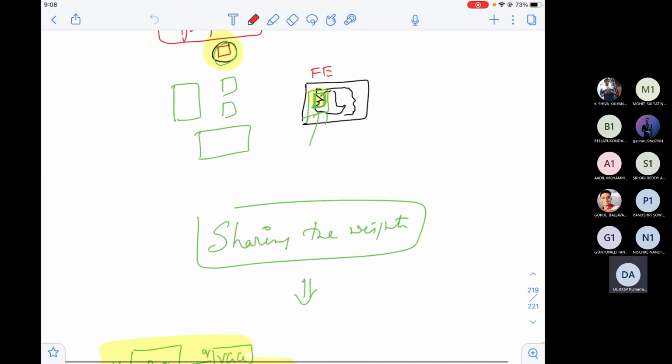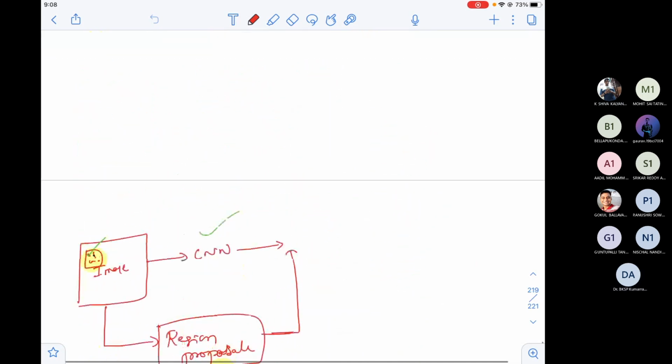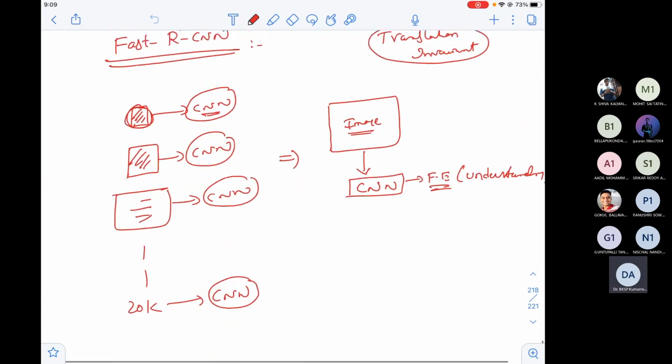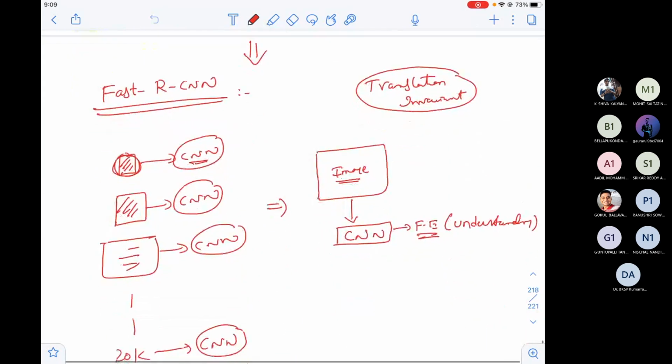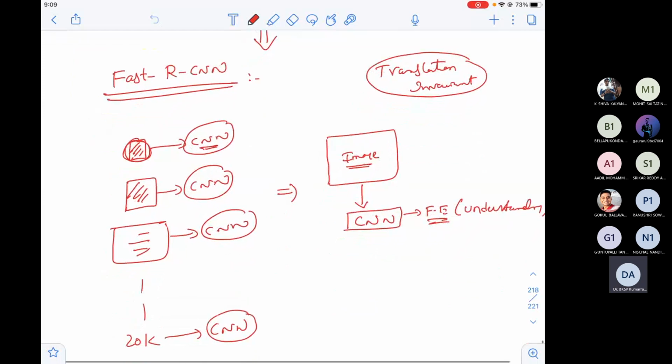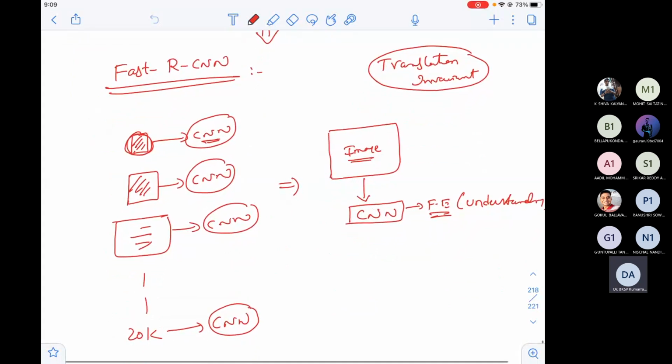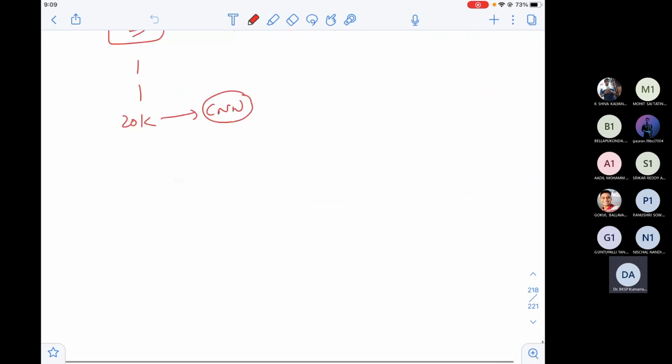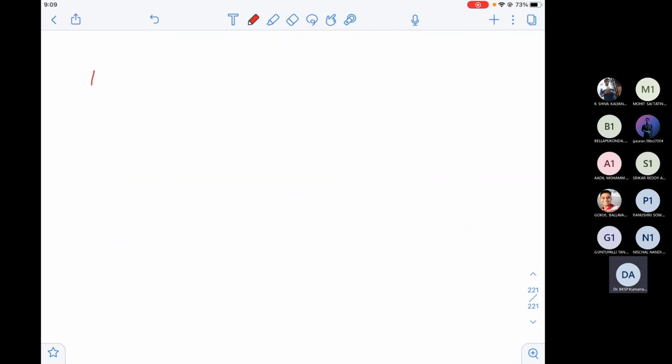So what we discussed in the last class is that we're trying to come up with a new alternative for faster RCNN.